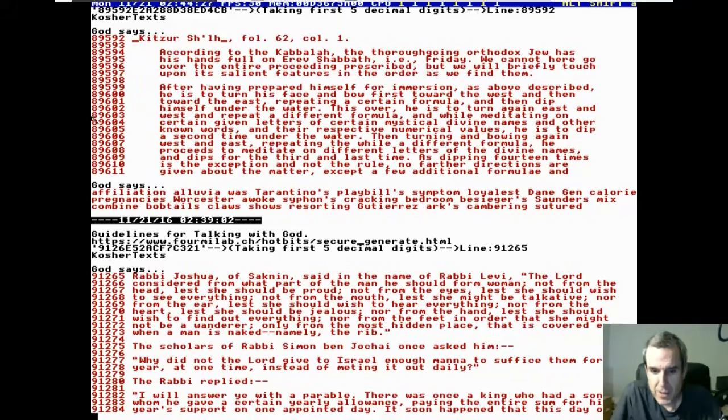The scholars of Rabbi Simon ben Joshua once asked him, why did not the Lord give to Israel enough manna to suffice them for a year at one time instead of meting it out daily? The rabbi replied, I will answer ye with a parable. There was once a king who had a son to whom he gave a certain yearly allowance, paying the entire sum for his year's support on one appointed day. It soon happened that this day on